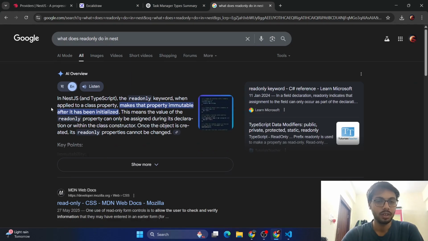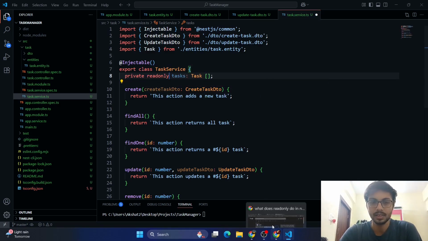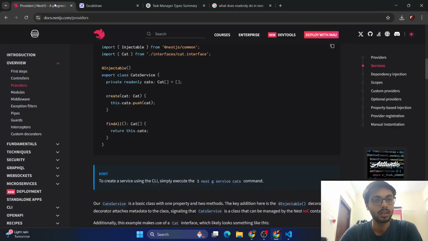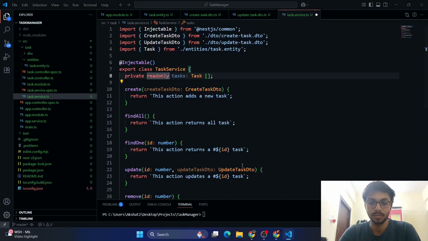The readonly keyword, when applied to a class, makes the property immutable. So this is a TypeScript property which doesn't allow making changes. Kind of like final in Spring. So private readonly task. Oh, like this. But